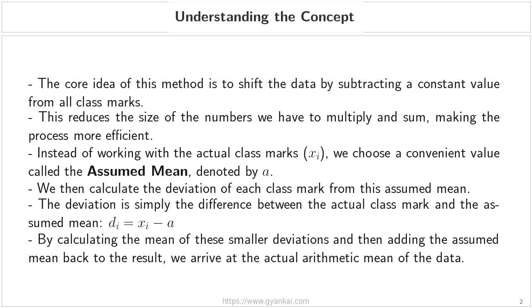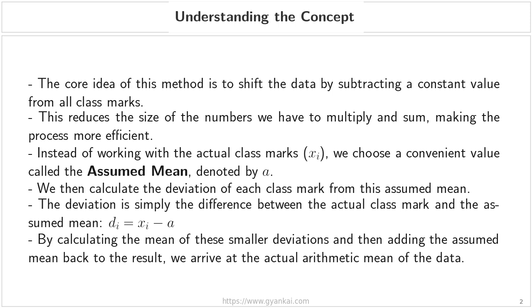Understanding the concept. The fundamental idea here is to shift our data. Instead of working with the original, bulky numbers, we subtract a constant value from all of our class marks. Think of it as temporarily moving our entire dataset to a smaller, more manageable range on the number line. By doing this, we significantly reduce the size of the numbers we need to multiply and sum up. This makes our manual calculations much more efficient and, more importantly, less prone to those pesky arithmetic errors we discussed